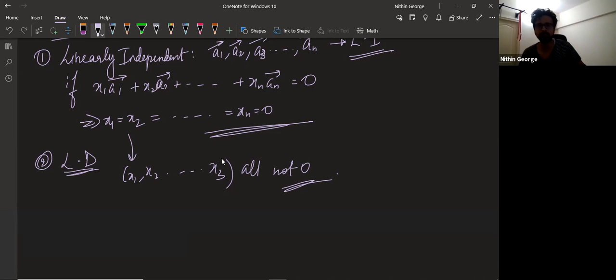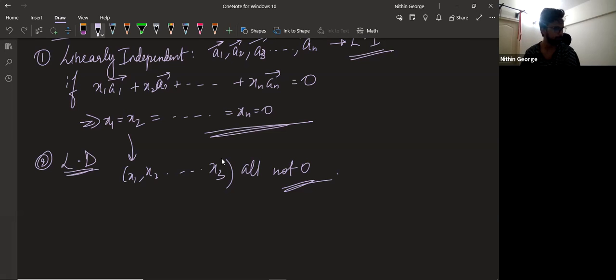We know, right? We can't write them as a multiple of the other. They are non-collinear. Okay, two vectors. So we say that they are linearly independent, LI. Next, any two collinear vectors will be LD, linearly dependent. Okay, these properties should make it clear to you what linearly independent is.